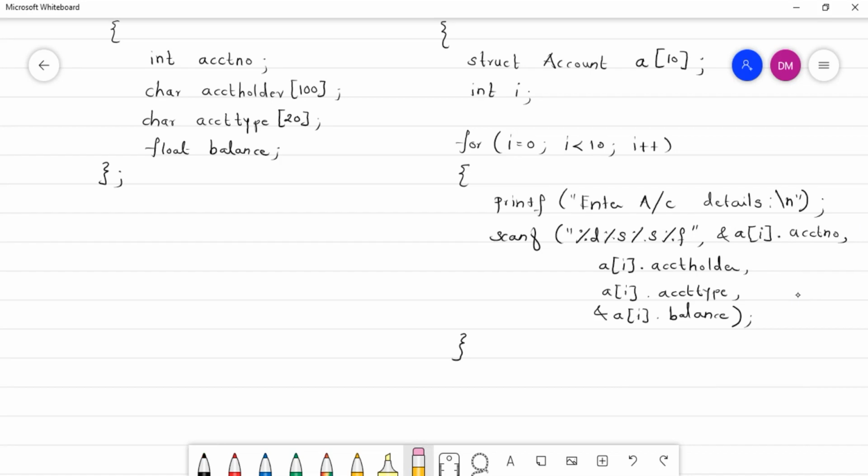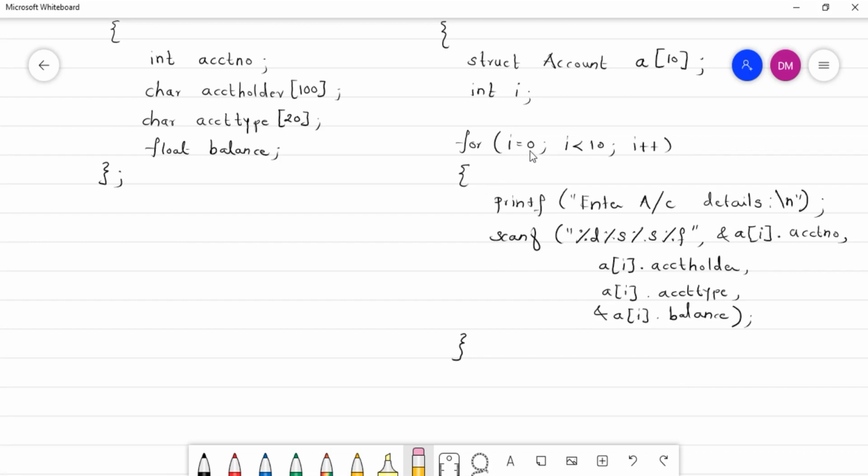Now what program we will do here? We already accepted the values of 10 accounts. Now what we will do? We will display the details of those accounts whose account type is saving. Whose account type is what? Saving. So again what I have to do? We have 10 accounts now.